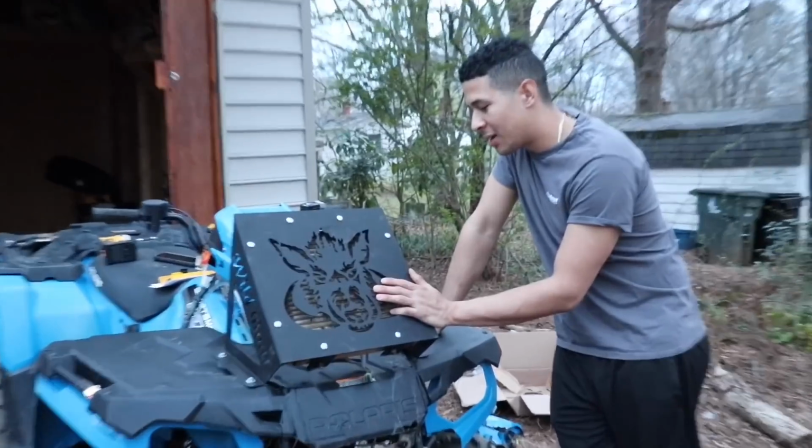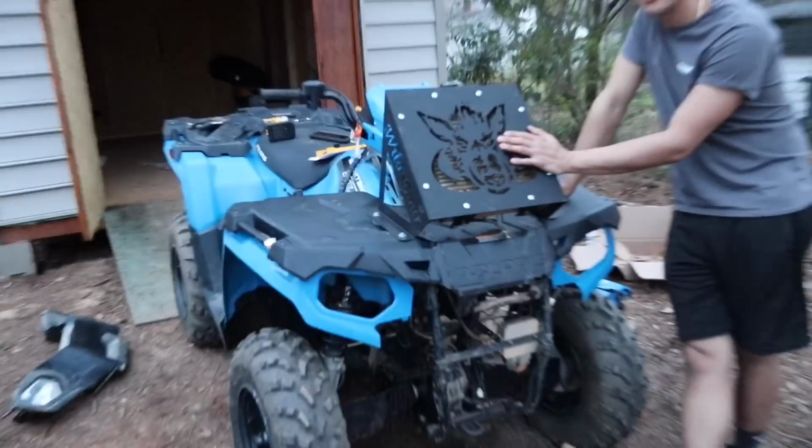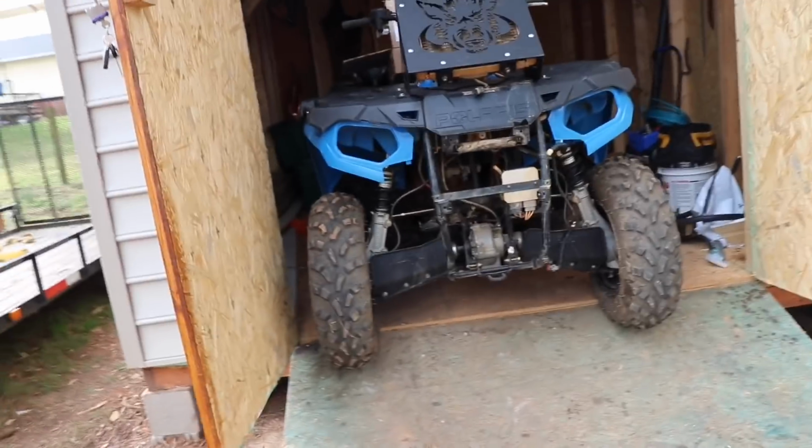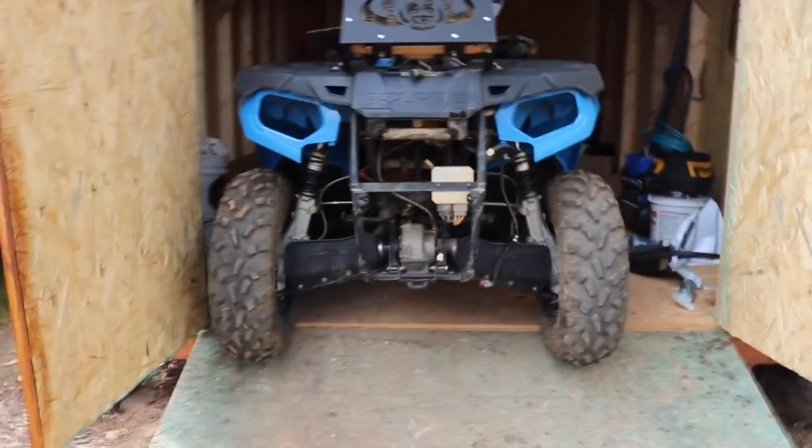Sun's about to go down, about 20-25 minutes left, so we're just gonna finish off here and put it away and keep it going tomorrow. That's right. And like that, guys, it is the next day. Well, not the next day, it's actually like 2 days after, but point is, we're back to finish up my